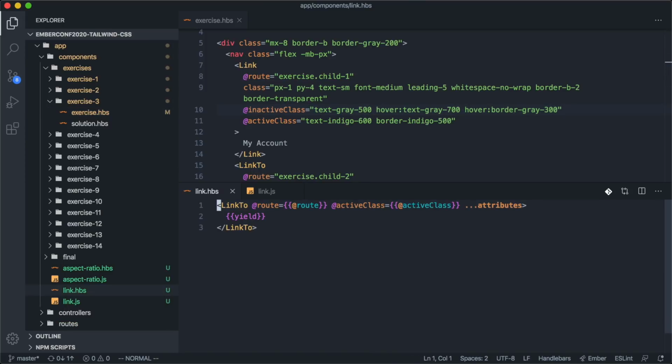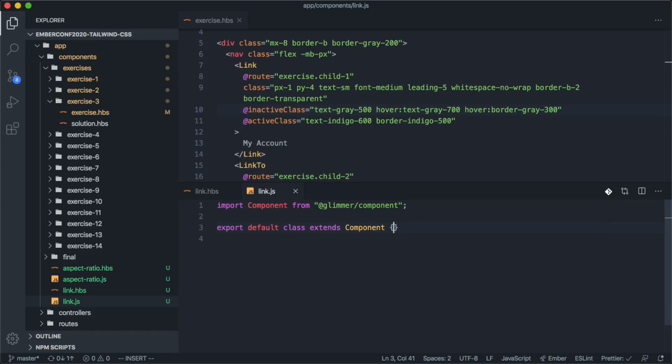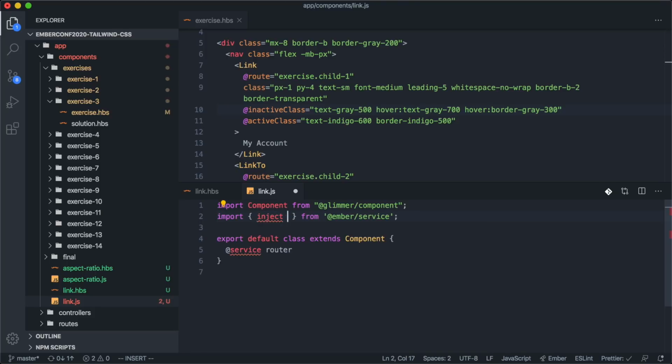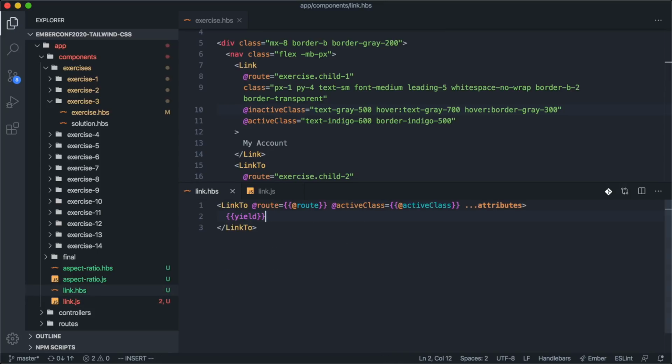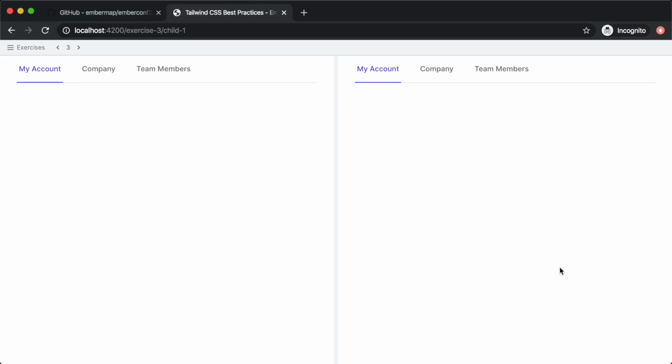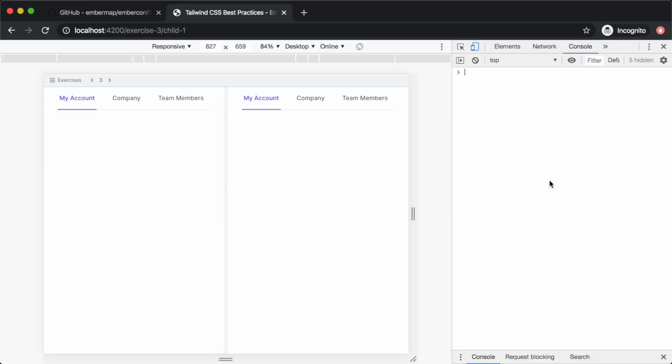And for this, we'll come over to our JavaScript here, and we're going to need to use the routing service. So we want to go ahead and inject the router here. So let's import inject here from Ember service. We'll call that service here. And now we basically need a new property to tell us whether this link is active or not. So we'll go ahead and define an isActive getter here. Let's just drop a debugger. And then over here in our template, we'll just say if this.isActive, go ahead and output a little active label right here. So if we come back to our app, pop open the console here and reload,